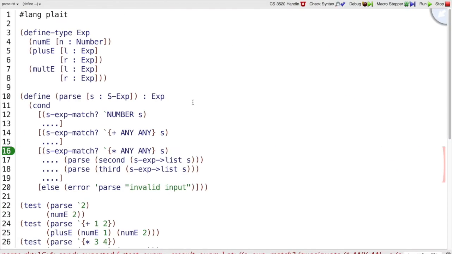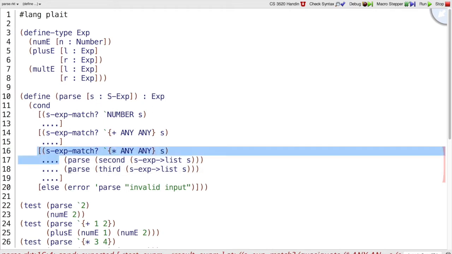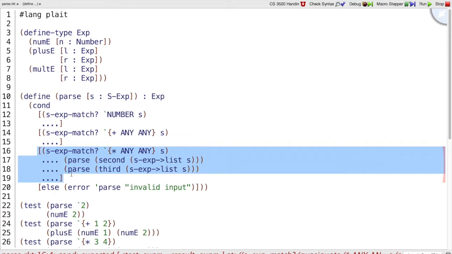So let's put those together. I put together the pieces we figured out so far. We still have our expression grammar, we have interp below here, and I've got parse set up where it takes this s-expression s. Here is the case we were just looking at, that multiplication case where we've set up